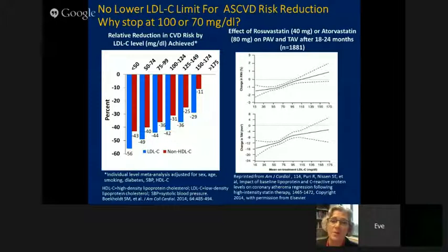So there's no reason to stop necessarily at 100 or 70, but short of giving this to everybody, we can't afford to. We probably still need to think a little bit more about who's going to have the most benefit from the added therapy. So let me show you one way that we might want to look at this, and this is to use data from the Cholesterol Treatment Trialists